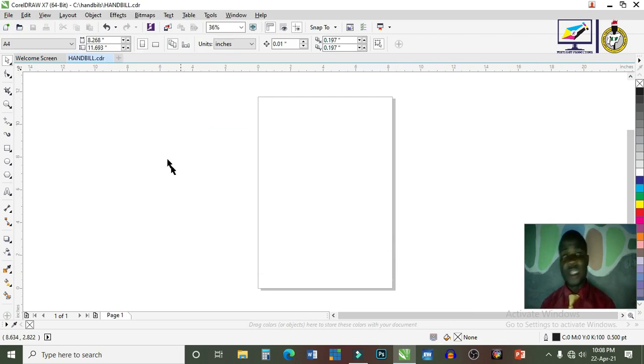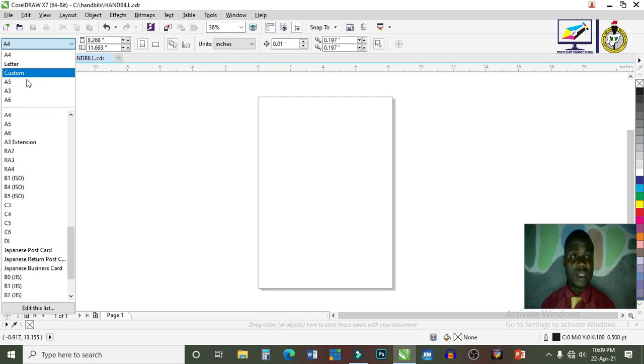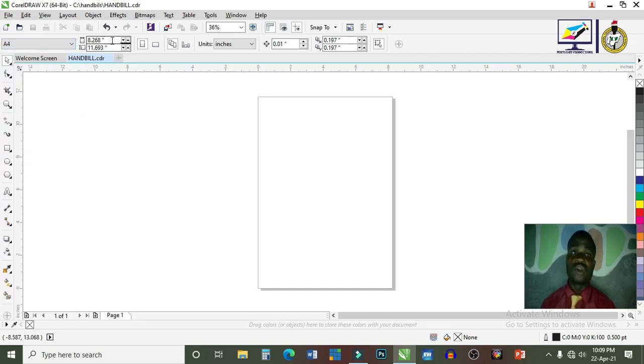So over here now, I've saved it on my system. Apart from saving your work, how do you select your page size? Let's assume as you created a document, you did not select it at the initial stage. You can come over here to select your page size. Apart from that, you can also come over here to enter the dimension of your page, like what I said